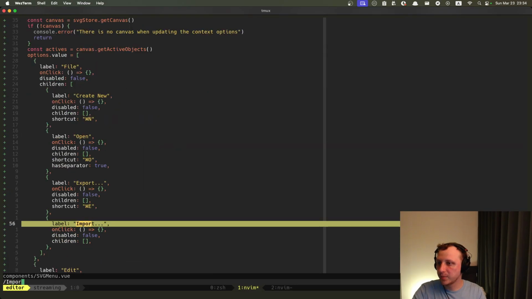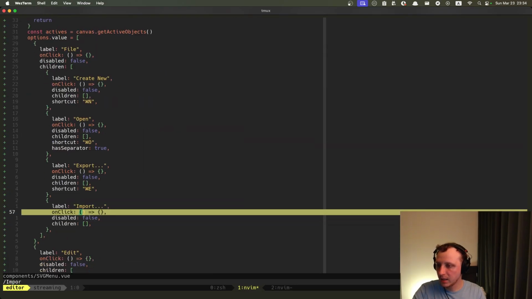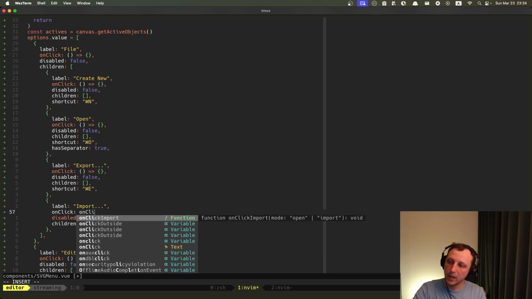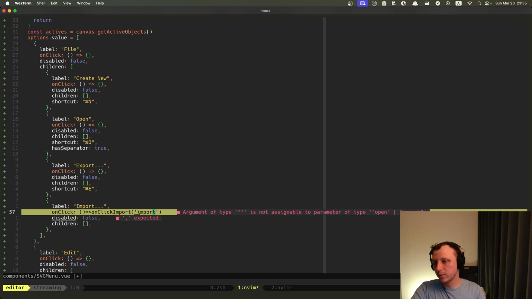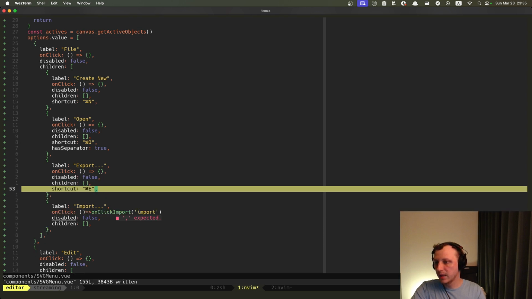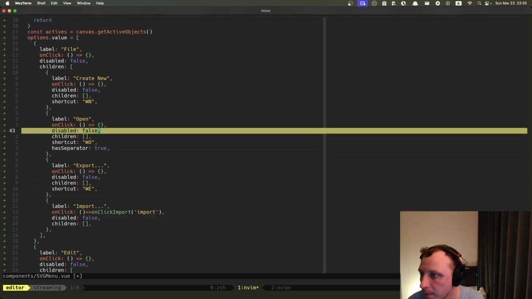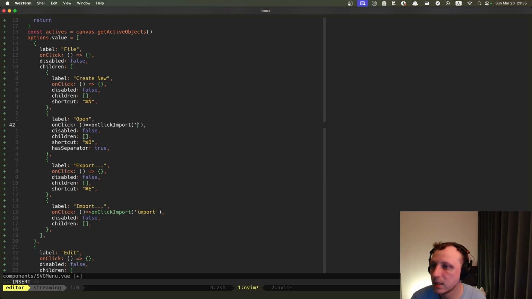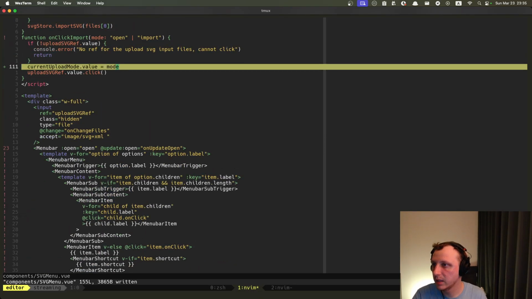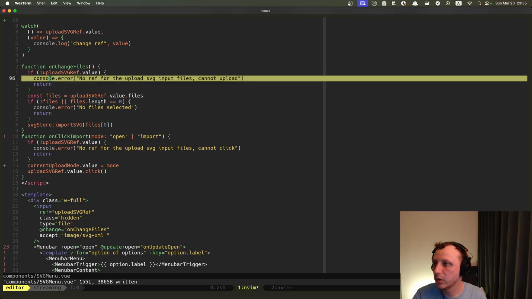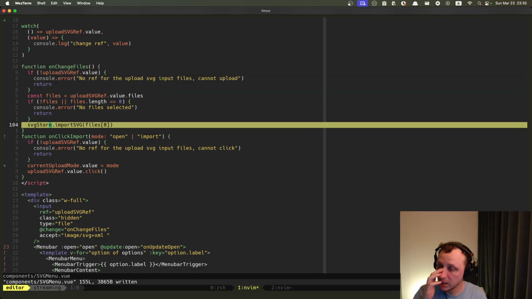So anyway, import is going to call the onClick import function. Click import, and the mode is going to be import, right? Okay, perfect. Now we also need the open one, and this is going to be like this, open. Cool. And after that, when the file is uploaded, it's going to call the onChange files, and based on the